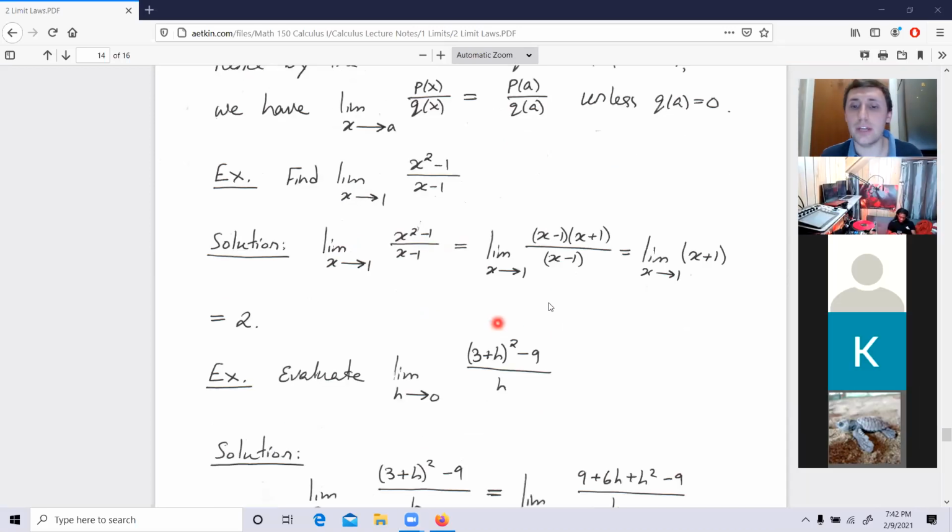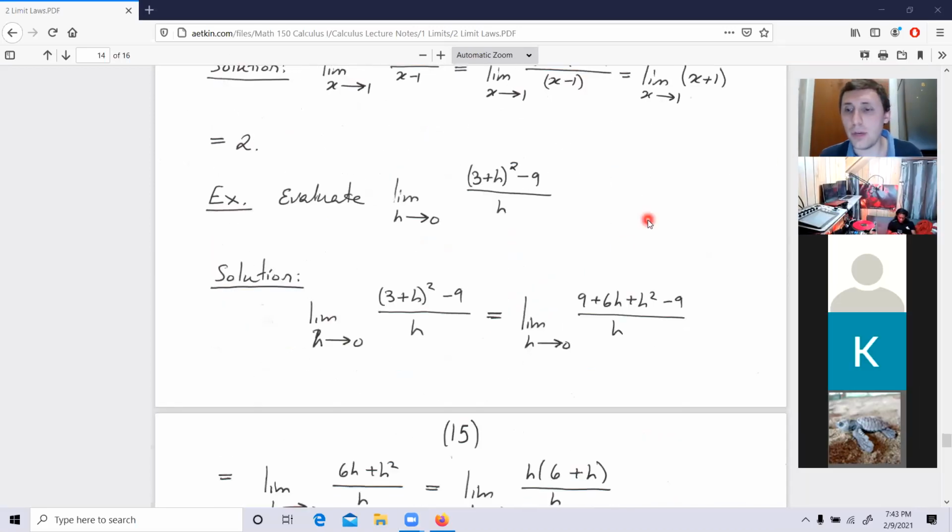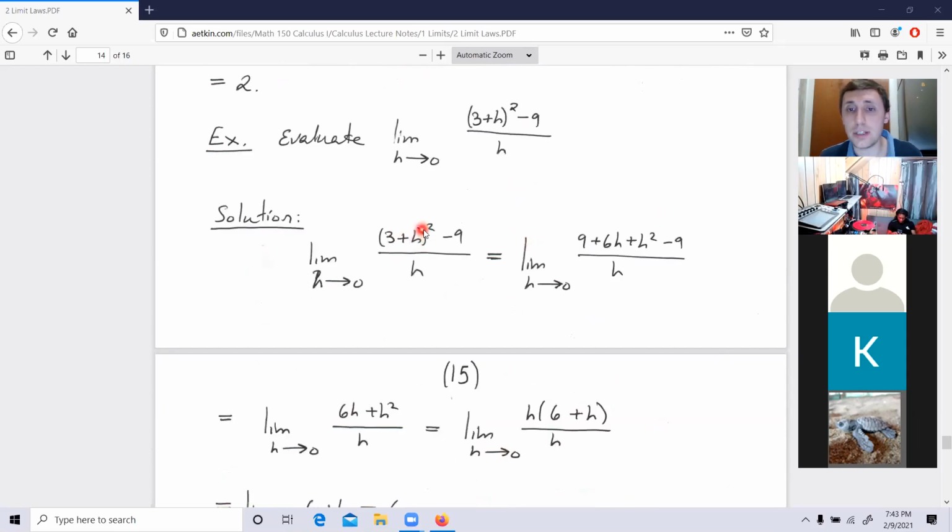So let's solve this together now. Well, naturally, one way to do that is just to expand (3 plus h) squared. That will be, well,